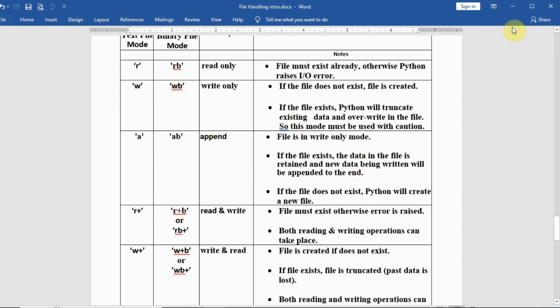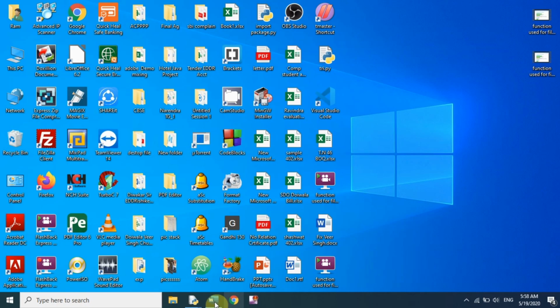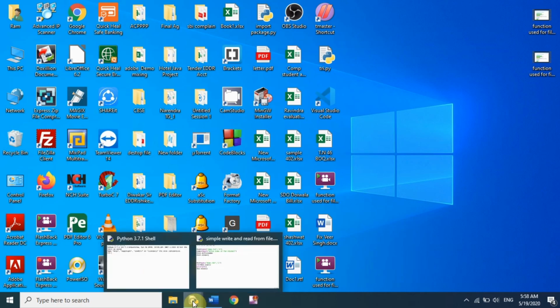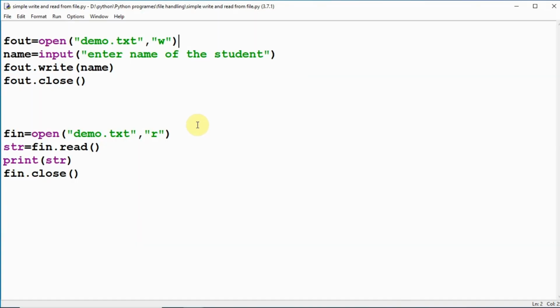Now let's discuss the program. This is the file name which we have provided to the open function, and this is the mode. We are opening a file in writing mode, so we can write into the file.